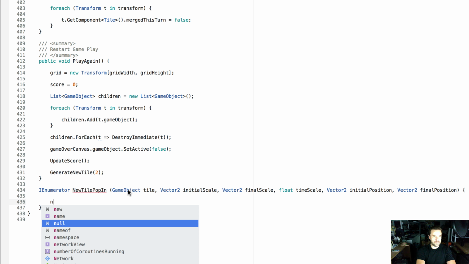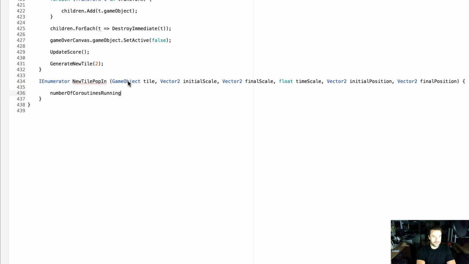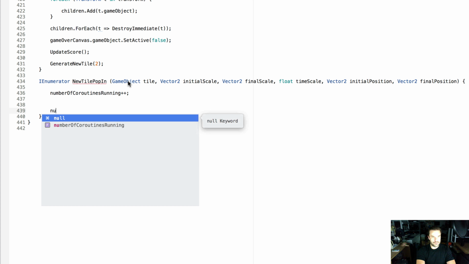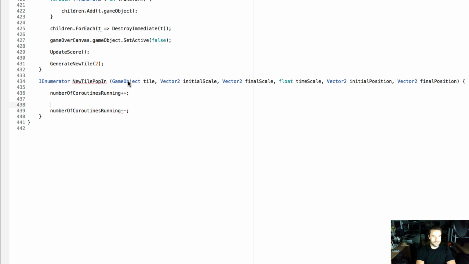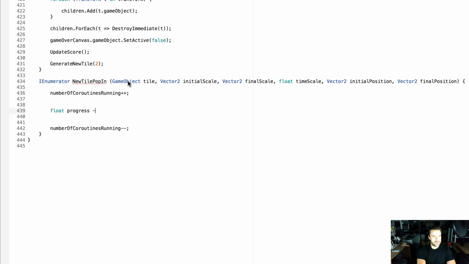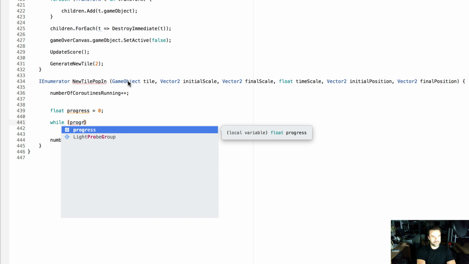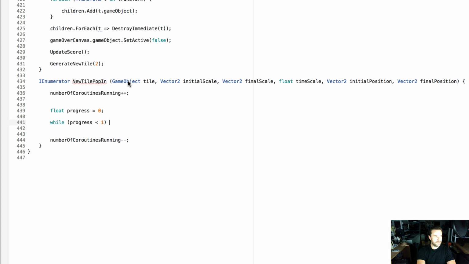Well, the first thing we're going to do is we're going to say number of coroutines running plus plus, sorry. So we're adding a coroutine, since we're calling this. And at the end of the coroutine, we're going to say number of coroutines running minus minus. So then everything we do in between these two is the actual coroutine. So we're going to do float progress. And that's just going to help keep track of our progress in our while loop. So we're going to say equals 0. Then we're going to create a while loop, and we're going to say while progress is less than or equal to 1, we're going to do